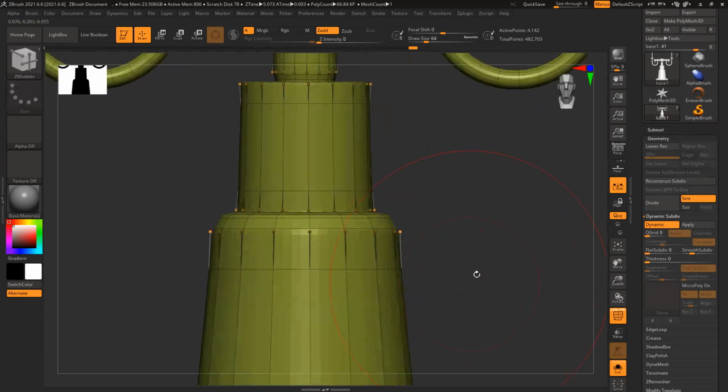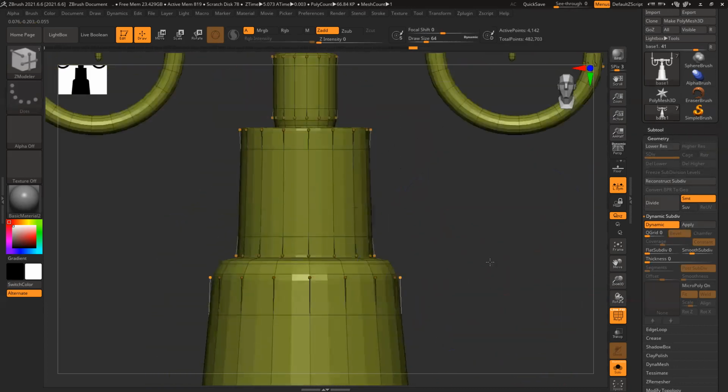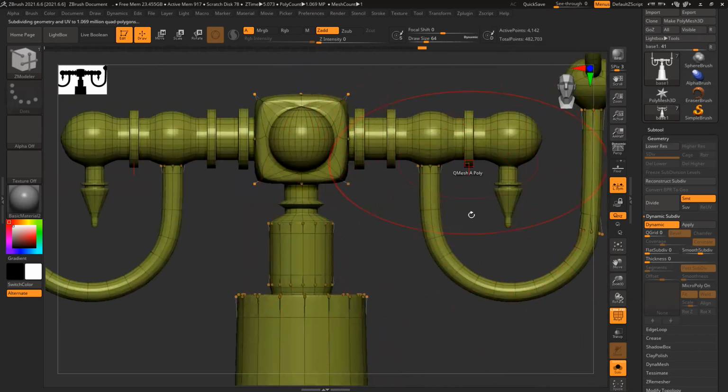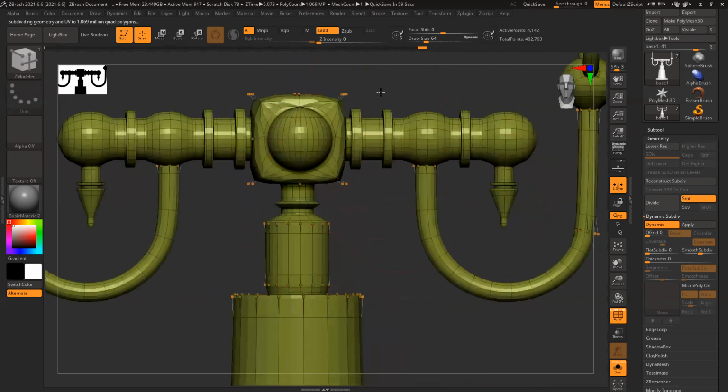It will definitely reduce the model, but less. Subdivision by default is 2. You can increase this to 3 or something, or maybe 4. So it will basically retain most of the shape.